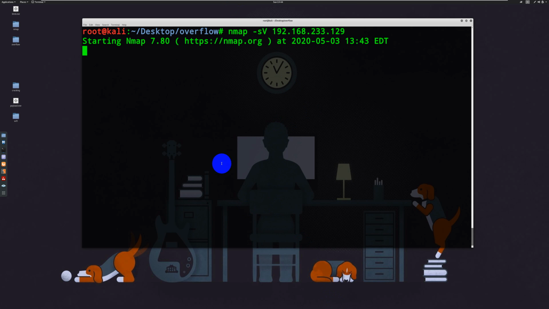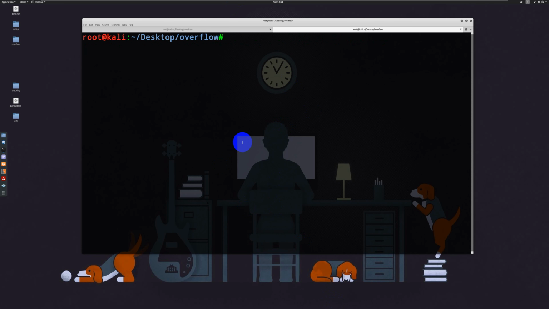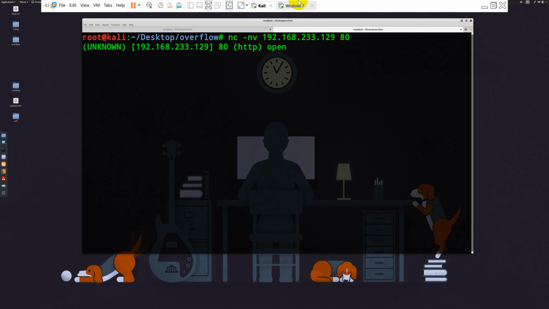So Minishare typically operates on port number 80. So I will show you one simple connection. I will say nc -nv 192.168.233.129 80. The reason I know is because I have already installed it and tried a demo of it. So it has opened the communication on port 80 from our Kali system to the 129 system, right?